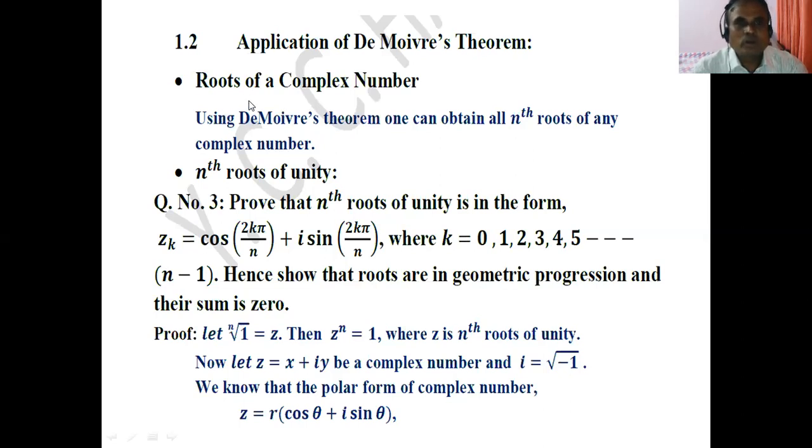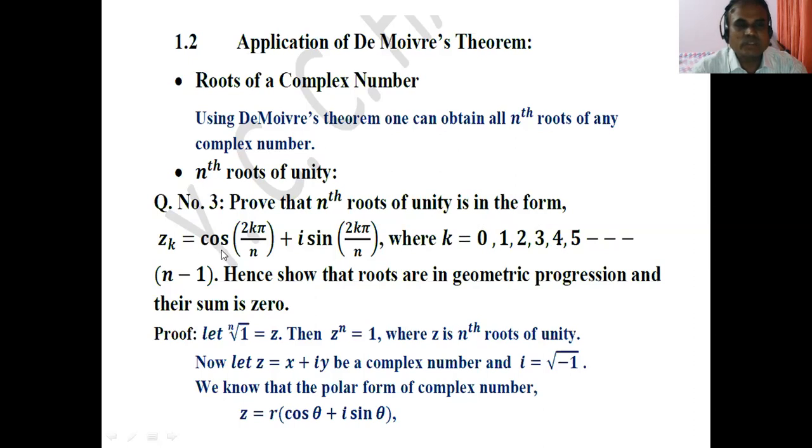Now, the roots of a complex number. First application, roots of a complex number, that is nth roots of unity. Using De Moivre's theorem, one can obtain all nth roots of any complex number. Now the question asked in this article, question number 3: prove that the nth roots of unity are in the formula